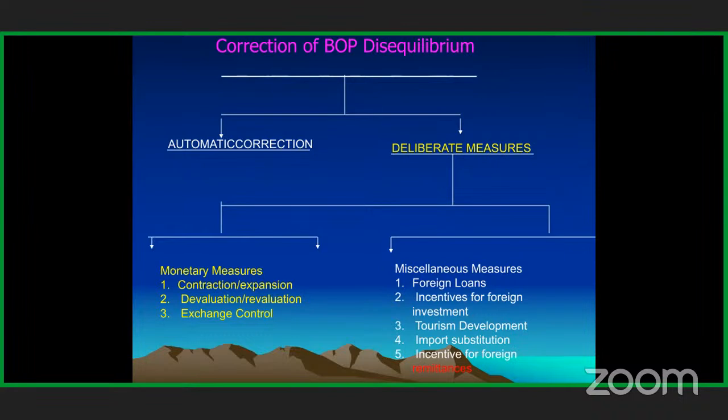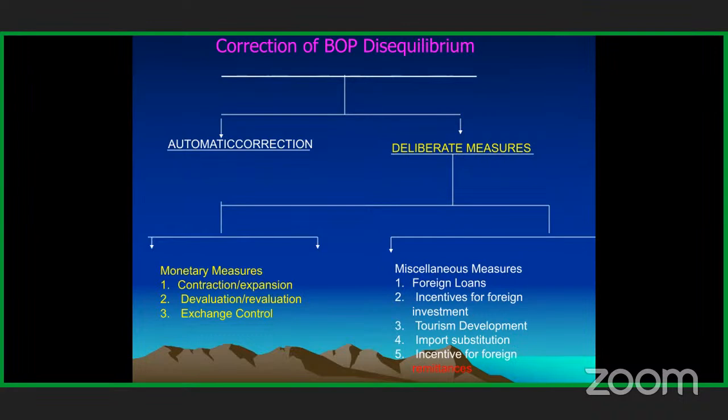And under miscellaneous measures: foreign loans, incentives for foreign investment, tourism development, import substitution,